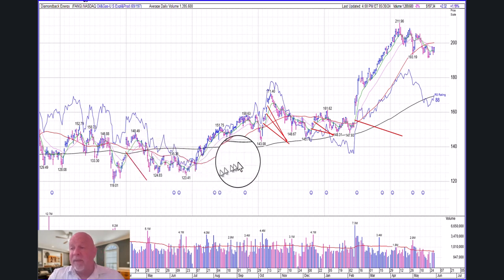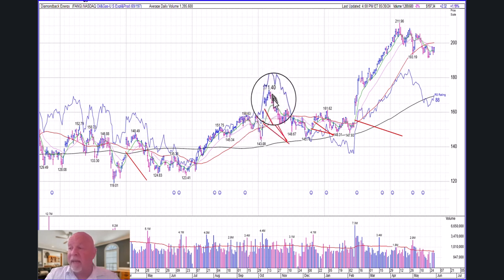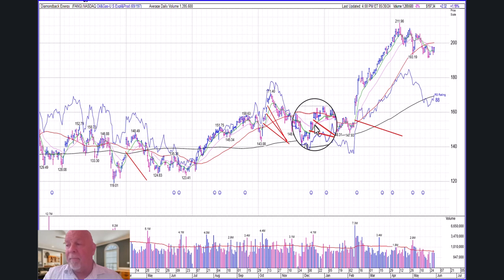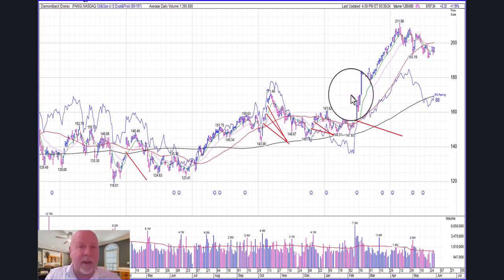Okay, so then we go up, we go back up. We have a kind of a breakaway gap. We have one breakaway gap, then 4 days later we have another breakaway gap. The day after that we have another one. So we got several gaps in a row, but notice they got filled right after that. Boom, 1, 2, and then 3 on the way back down, and then it created a couple more gaps on the way back up. But you know what? It interestingly filled those before it took off and went back up the other way.